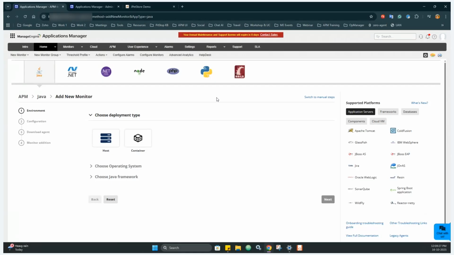So let's say I'm going to onboard a Java application. This is the revamped ad monitor page that I mentioned in the slide. If you still want to switch to manual steps, you can switch to the manual steps. And using this